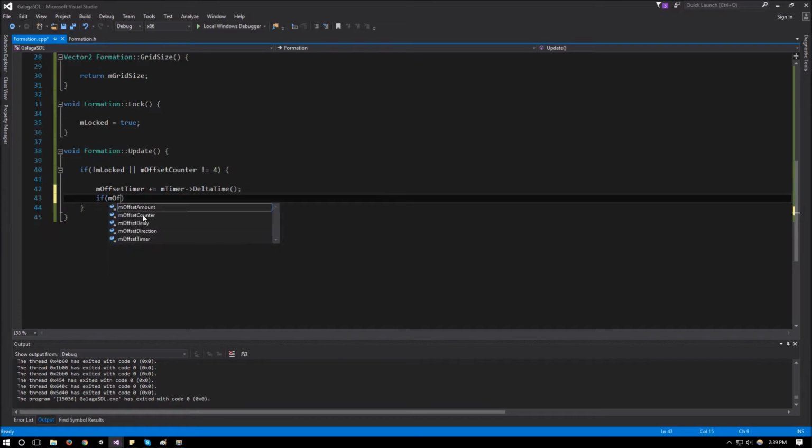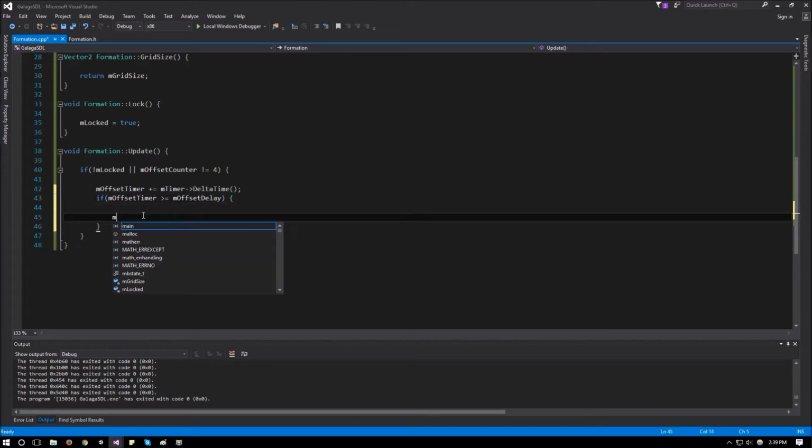And then if the offset timer is more than or equal to the offset delay, set the offset timer back to 0. And we need to translate one tick to the left or right. So we'll say our m offset counter plus plus. So we increase the counter by 1